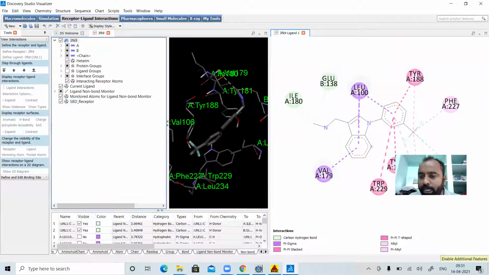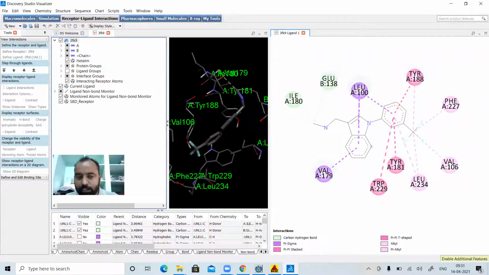See how beautifully the 2D plot is here, explaining different types of interactions. You can directly use this structure in your docking or research papers. So this is the fundamental information of the PyRx docking tutorial, where you can do multiple ligand docking.